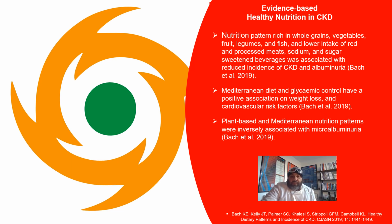So in context of some further context or understanding around the evidence base, is that dietary pattern rich in whole grains, again vegetables, fruits, certain fruits, legumes, fish, and lower intake of red and processed meats, sodium, sugar, and sweetened beverages that are associated with reduced incidence of suspect and high risk chronic kidney disease and albuminuria have been documented